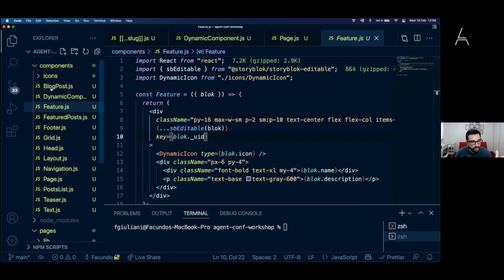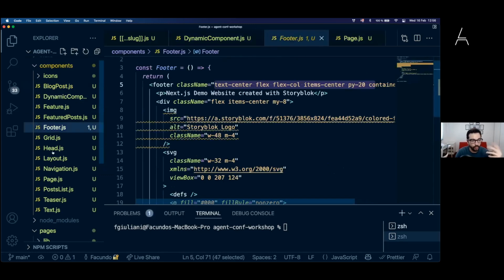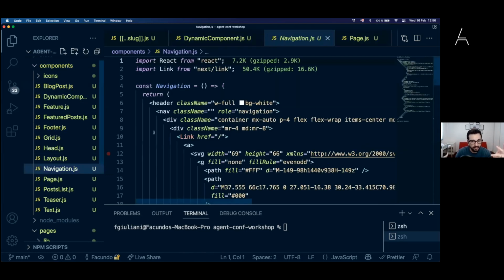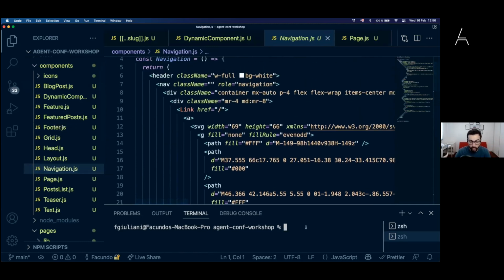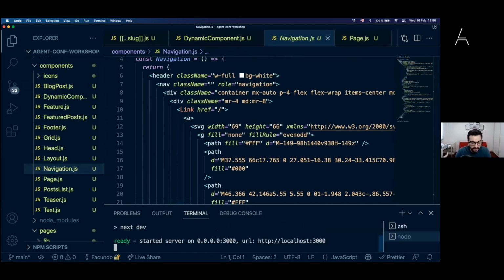I won't enter into all the React components. If you want to take a look at them, you can go to the GitHub repository of the workshop, but the idea was to copy them because what I want to do now is npm run dev, and I want to show you